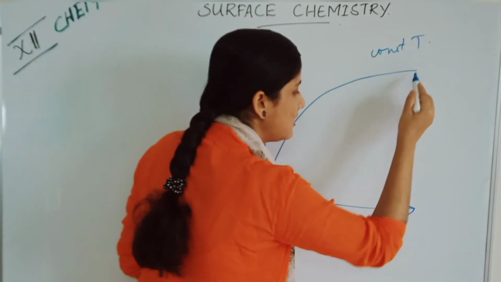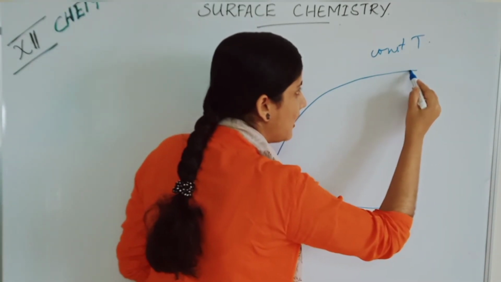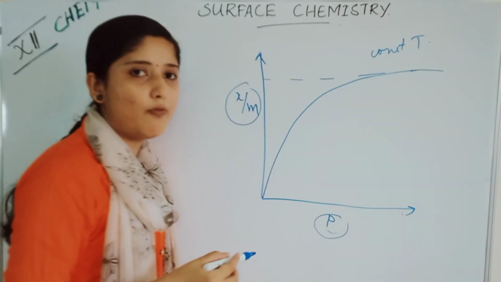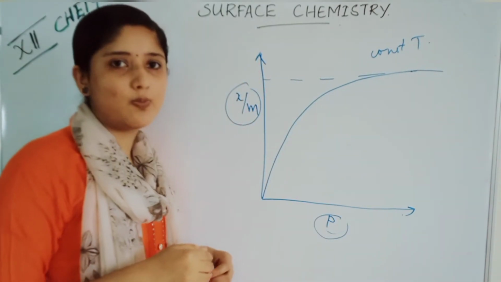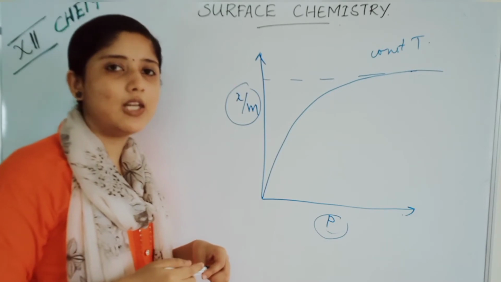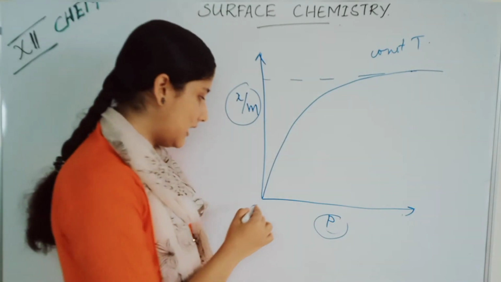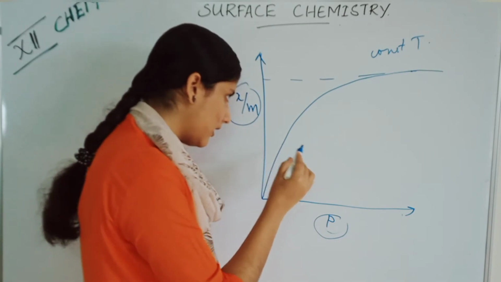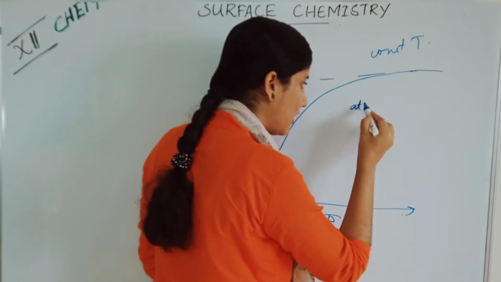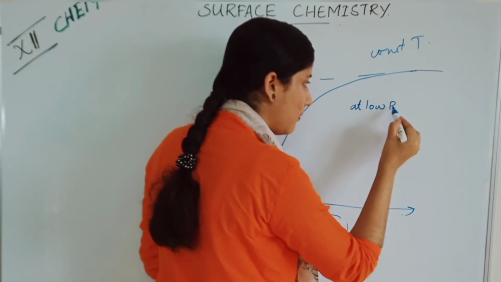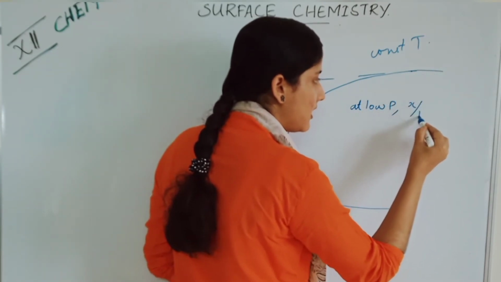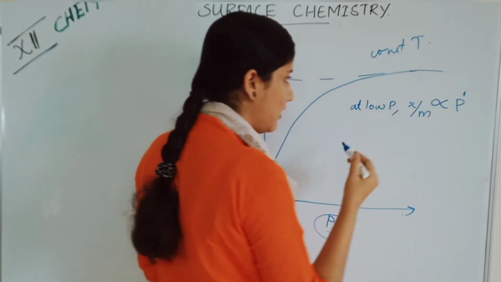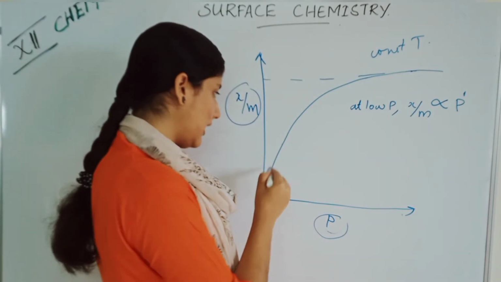At high pressures, we can see that x by m is independent. So he failed to explain why at high pressures x by m, or the extent of adsorption, is independent of pressure. We can see that at lower pressures there is a linear increase. So at low pressure, x by m, or the extent of adsorption, is directly proportional to p raised to 1, or directly proportional to p, because it linearly